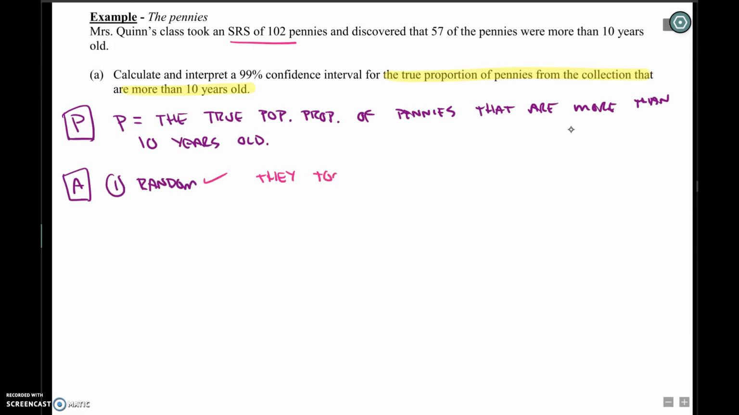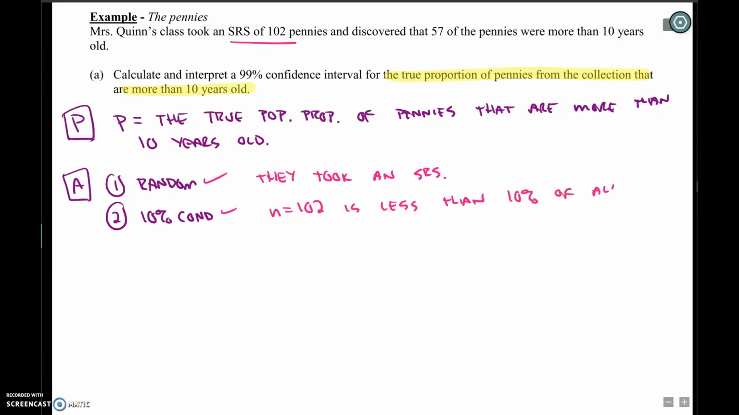They took an SRS. So I want you to give me the check, and then write a statement, as brief as you can, that illustrates what the check is exactly. So for this one, I'm going to say n equals 102 is less than 10% of all pennies